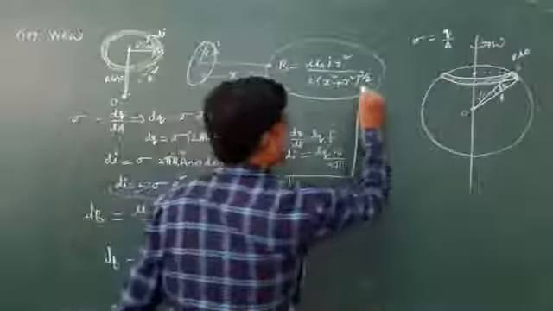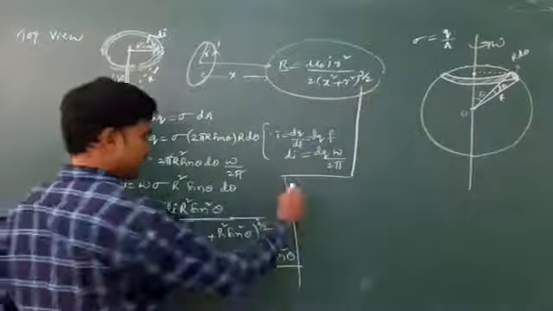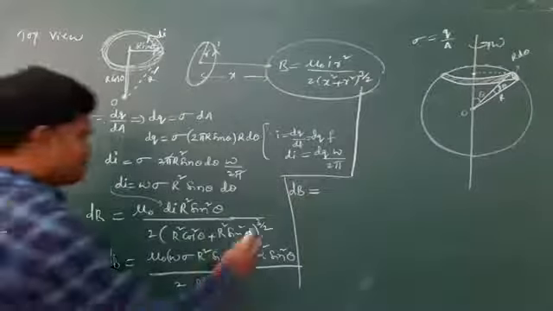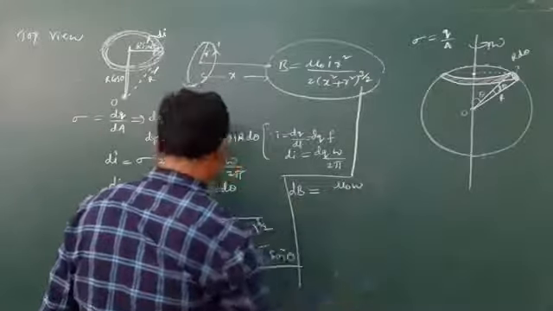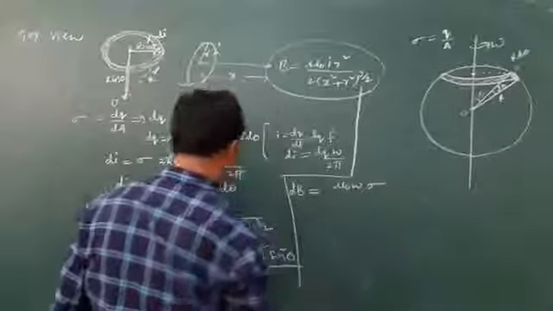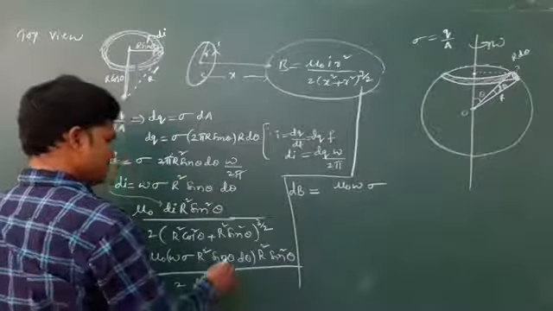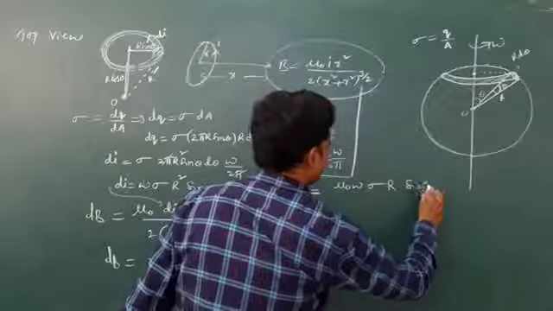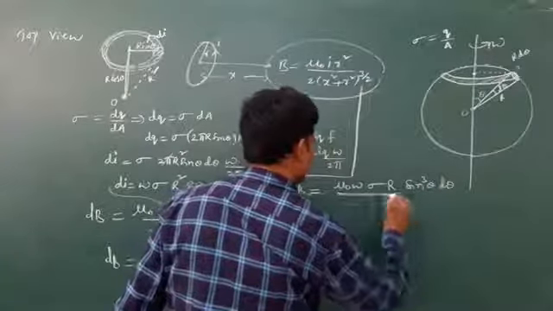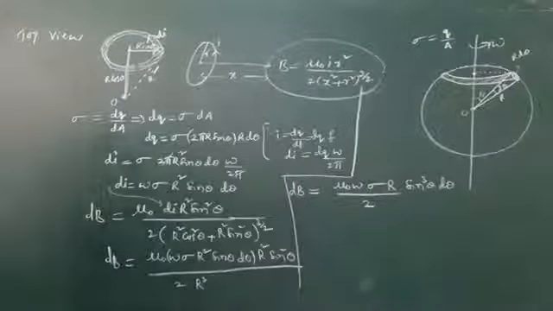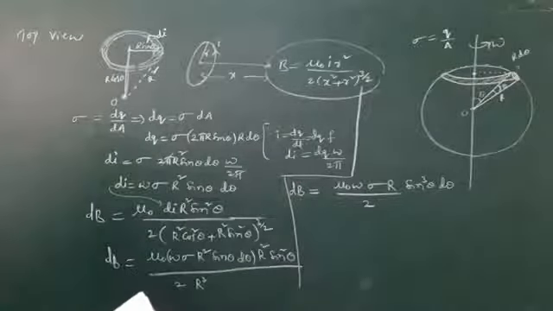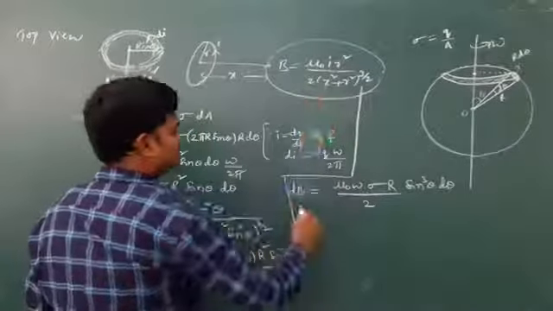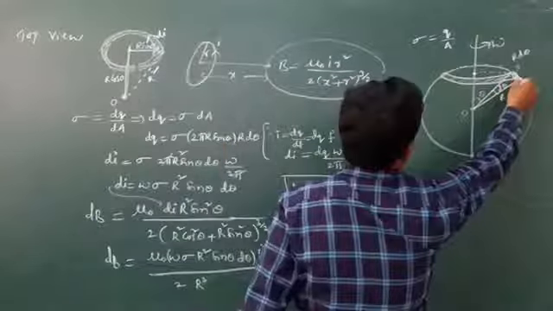Now see the calculations. If you miss anywhere, everything will be gone. So dB is equal to mu naught omega sigma, one r is there, r sin cube theta d theta, divided by 2. Check the values: mu naught omega sigma r sin cube theta d theta. See, only the angle varies. So from here, if it is taken on the right side, the left side is also covered.